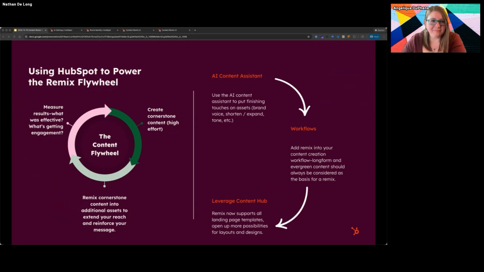Because again, if I've spent all that time spinning up these really awesome assets, we want to make sure that they get out there in the world. And Content Remix is going to really help me by shortening the amount of time to now leverage that content in a variety of ways. And then finally, use your reporting. Campaigns tool in HubSpot is an excellent way to group together assets, as you all know, and see how they are acting as a group, right? What is their impact as a group?